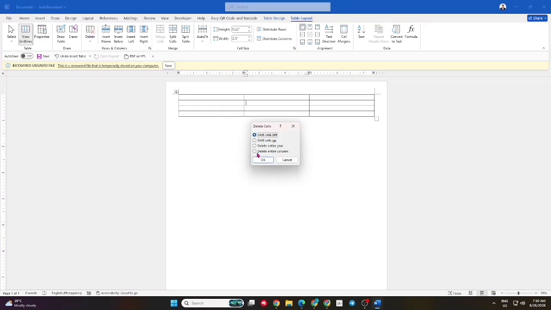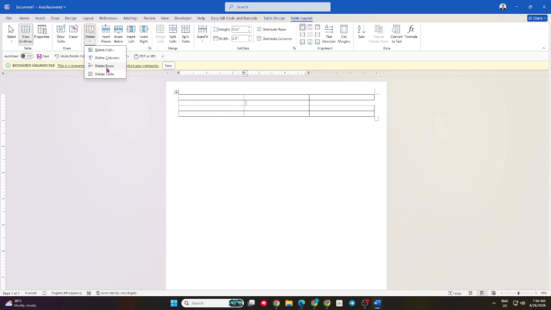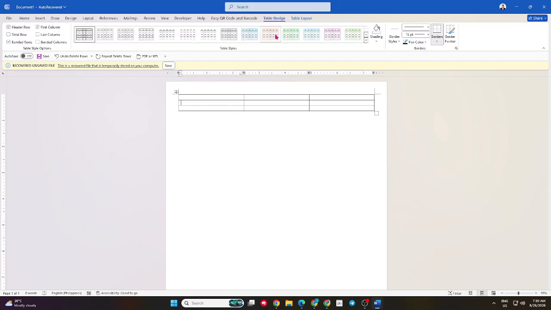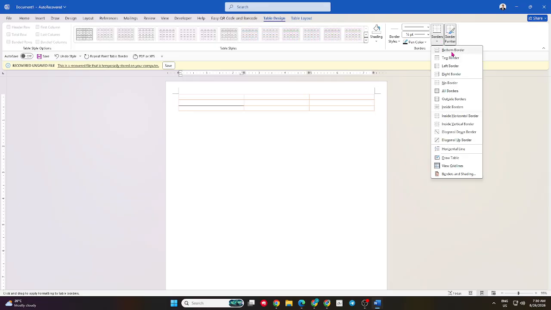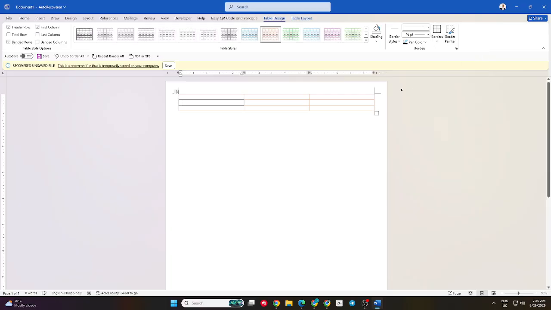You can also customize the appearance of your table. Select the table, then use the Table Design tab to change its style, colors, and borders. The Table Layout tab provides additional options for adjusting cell sizes, aligning content, merging or splitting cells, and distributing rows or columns evenly. Using these table tools, you can quickly create a clean and organized layout that fits the information